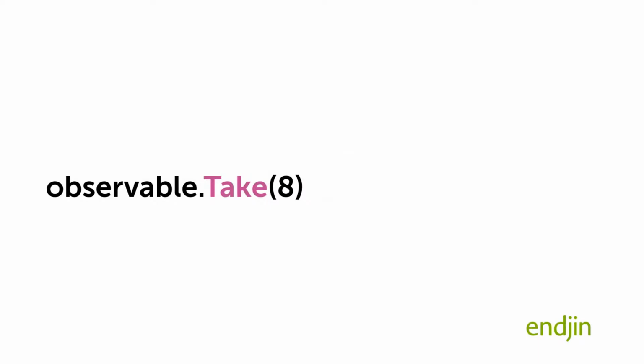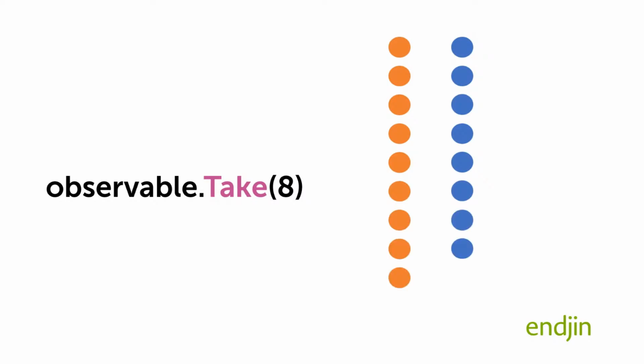So the group by that I used to work out which vessels have we already seen, it's got to remember which vessels it's already seen. It needs to know which ones it's seen before so it can send them out on the group it already created and to know when to create new groups. But simpler operators also often have state. So take, this is one of the operators that's a standard LINQ one, says I'd like to take the first n items from a sequence and then just discard the rest. So if I do Observable.Take(8), then we get 1, 2, 3, 4, 5, 6, 7, 8 items come in, and then it just stops at that point. So it'll reach the end.